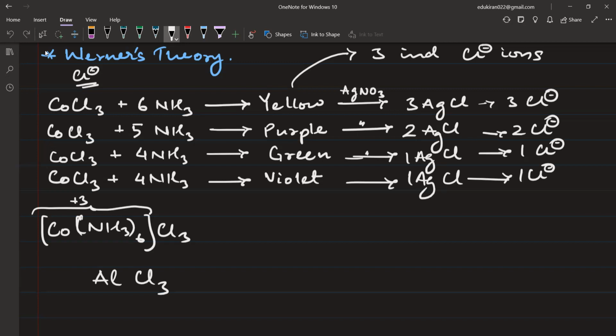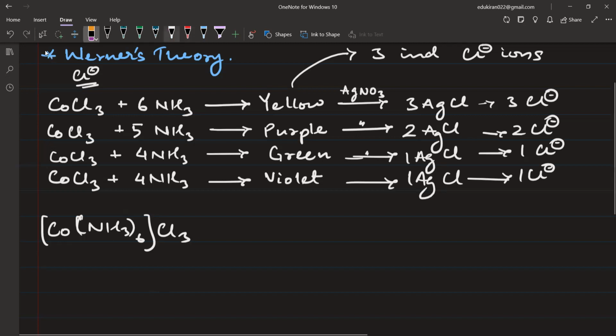Okay, and here we have 3 negative. As here we have Al, how much is it? Al is 3 positive. Similarly, the coordination sphere will be having 3 positive charge. Now inside that is known as primary valency, because that is some kind of valency that we already knew in ionic compounds. We used to have some primary valency, which is called oxidation state. And he then said that in coordination complexes, in coordination compounds, the metal atom, in this case the cobalt, also has a secondary valency, and this secondary valency is satisfied by the NH3 molecules.